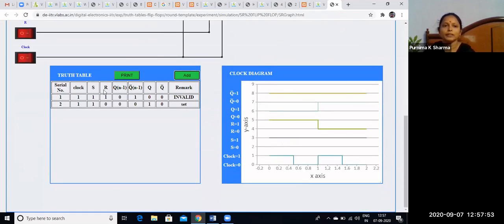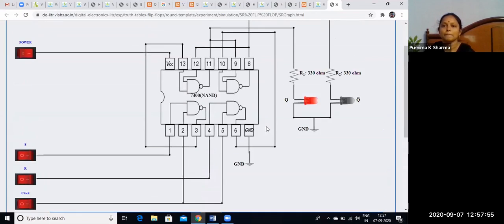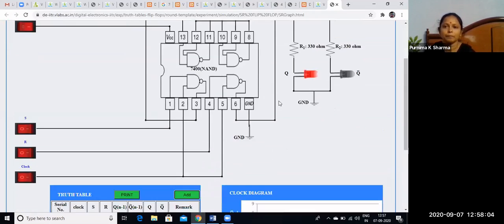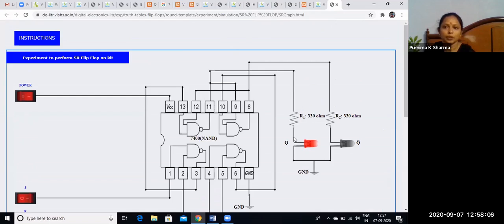Whatever you are giving, the same thing we can observe here. The Q present output and the previous output, Q bar or inverted output, we can observe from here. Okay, this is about the IIT Roorkee lab. We can perform all the flip-flop operations from this lab.